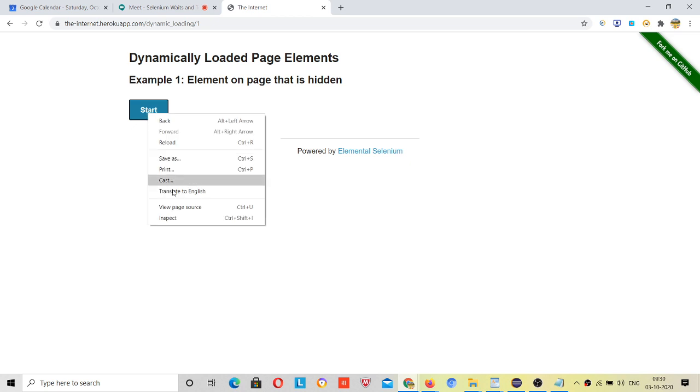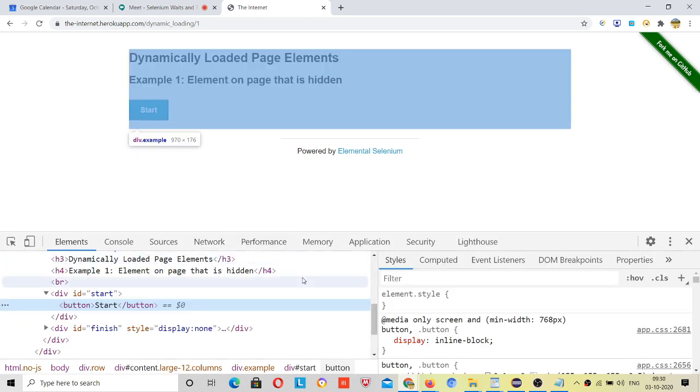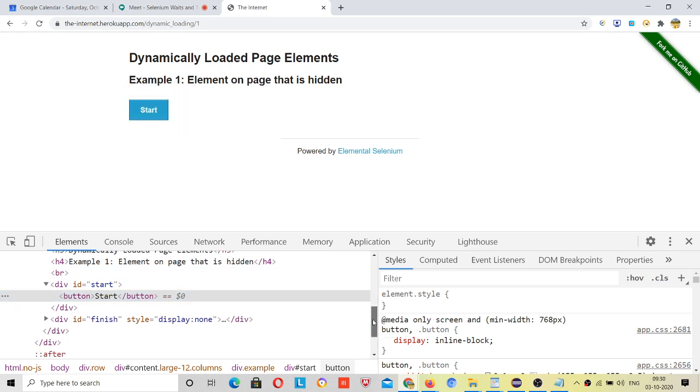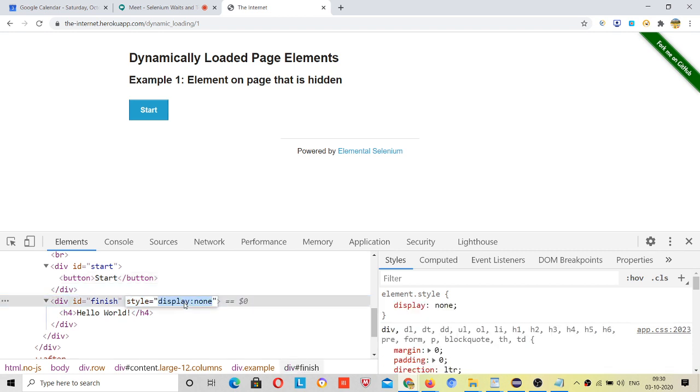Right click and inspect this element. See, hello world. Can you see any hello world over here? No. But it is present, right? Just because they have used the style display none, you cannot see this hello world here.